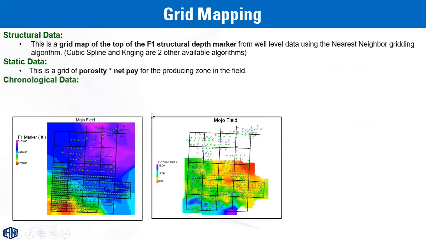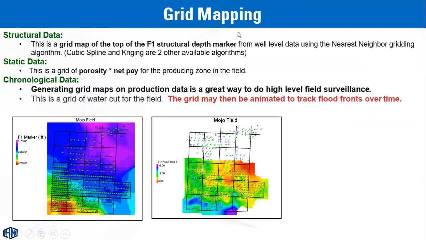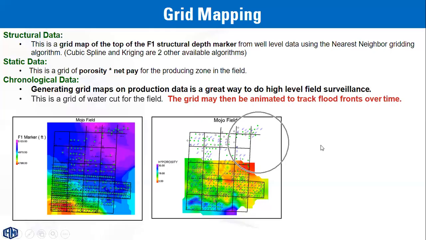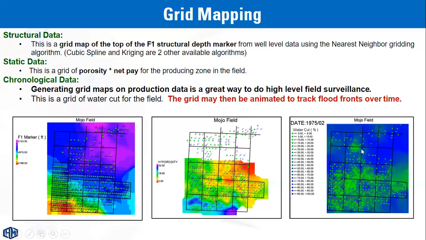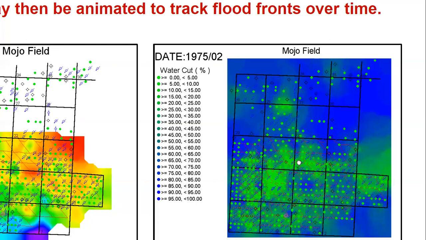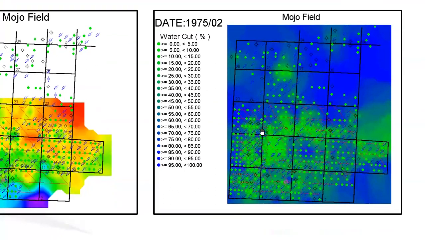Structural mapping and grid mapping is another important feature, can be used to highlight the distribution of data like structural data, static data like, as you can see, the distribution of velocity, and also we can make grid mapping for the time dependent data like water cut and the trends of the water cut,